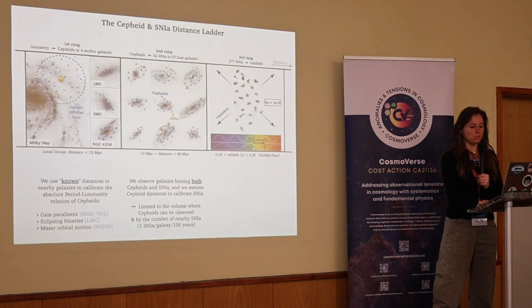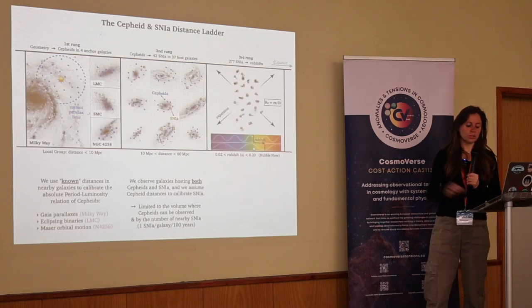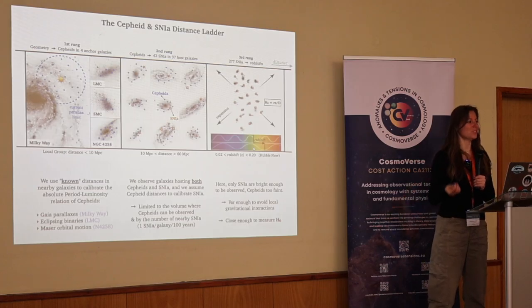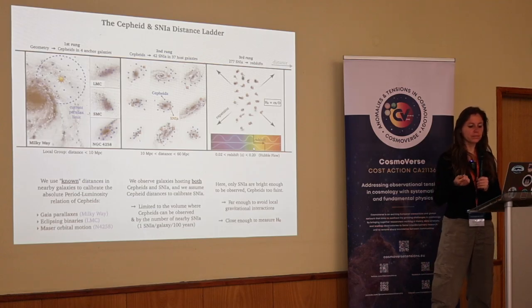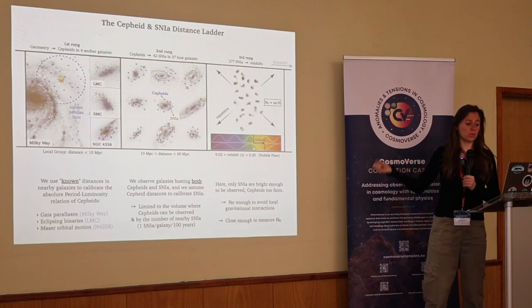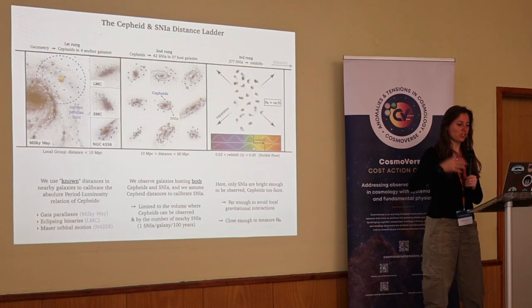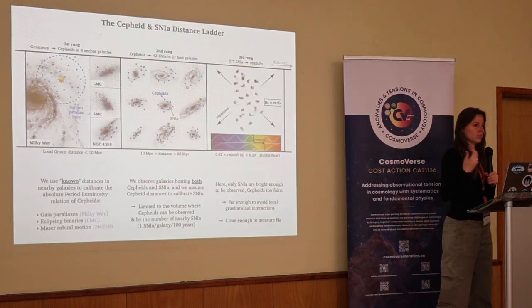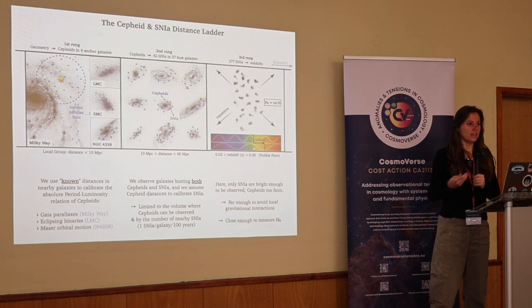And then finally, we go even further. At this point, we don't even see the Cepheids anymore. They're too faint. But fortunately, we see the supernovae because they're bright enough. And comparing their distance to their redshift gives you the Hubble constant. So that's, as you can see, purely empirical geometry, Cepheids, supernovae, and you get distances and